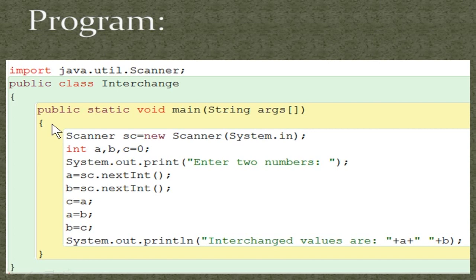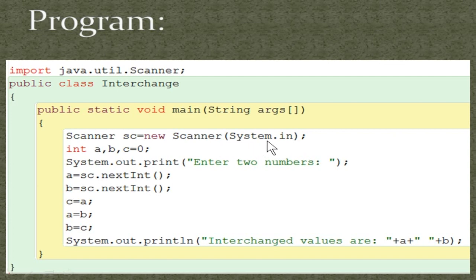So inside that you should open another pair of curly braces, in which you are going to type the compound statements. The open and close curly braces indicate it has a set of statements, or you can call it compound statements. Okay, and here the first line is Scanner se = new Scanner(System.in). This statement will create an object for the Scanner class. You can call it a Scanner class object, which will be used in the input statement.